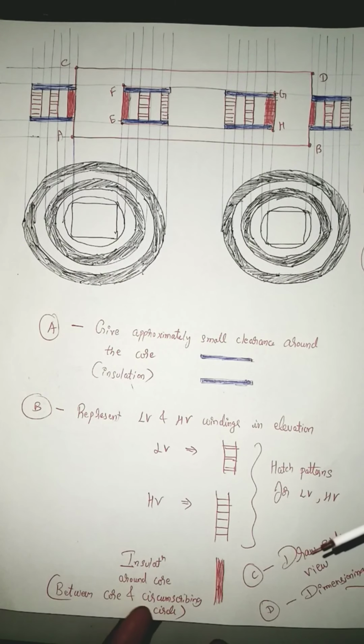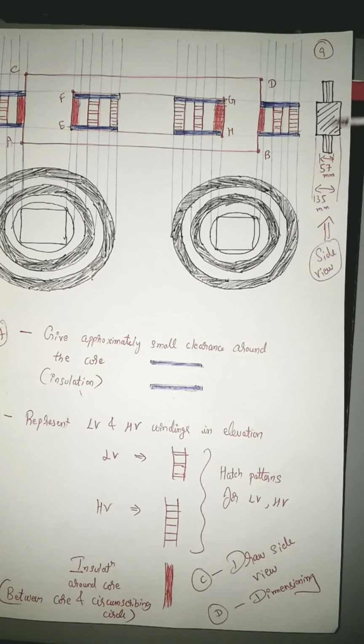Then we are left with the side view. You can see on the side, this is the side view. You will have to imagine how the transformer looks from the side. Here we have 57 mm. Sorry, this is nothing but the core part. The core part is a square core, so in 3D, if you imagine, it will be a cuboid. Obviously from the side, if you measure, it will be 57 mm. So the width will be 57 mm, and the height obviously will be projected from the elevation itself.